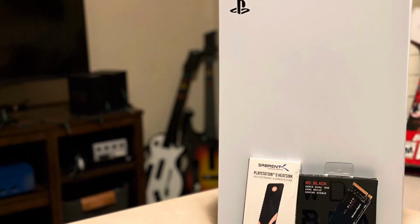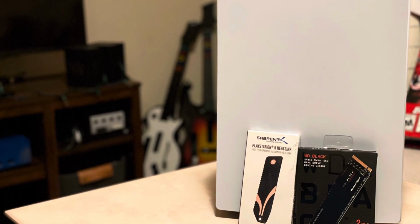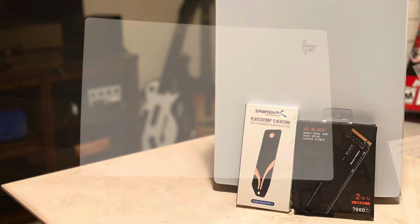Welcome back to Punch Unleashed Games, and today we're installing a Sabrent Heatsink along with our Western Digital SN850 into